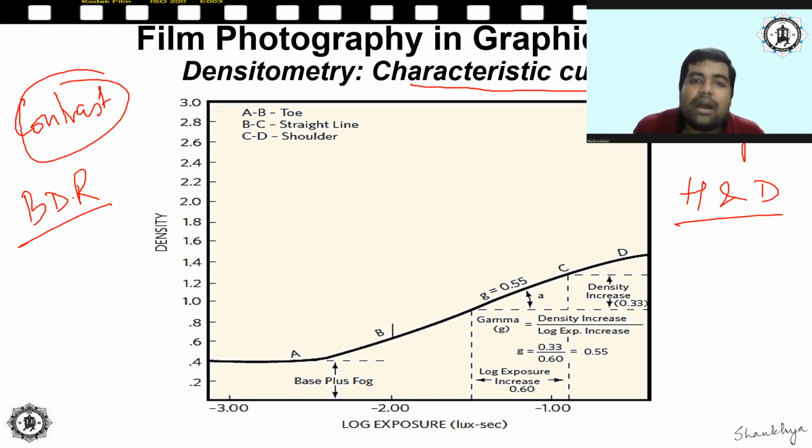Alright. Now how to determine what level of exposure I need to give for a particular film. Why is it important to understand what level of exposure I need to give for a particular film? Now consider this. You set an exposure for a particular film for, let us say, 30 seconds. After 30 seconds, when you have exposed and developed the film, you see everything has been overexposed. So 30 seconds is too much exposure time.